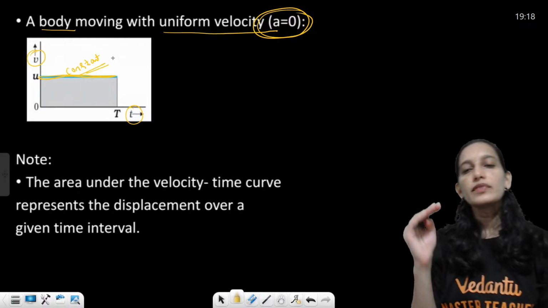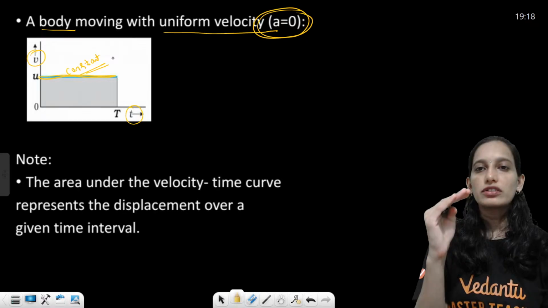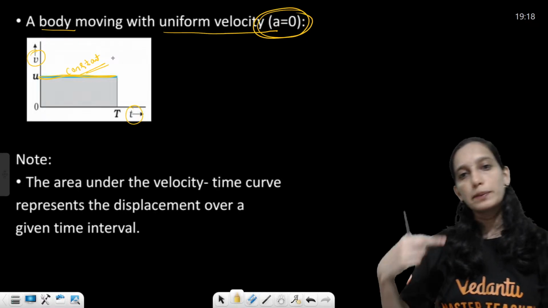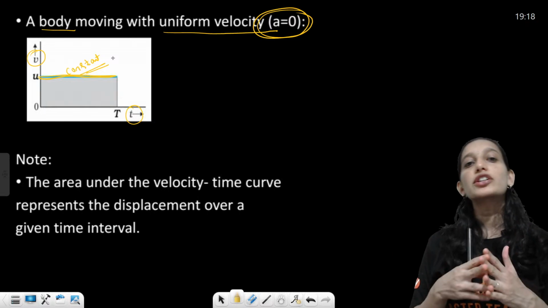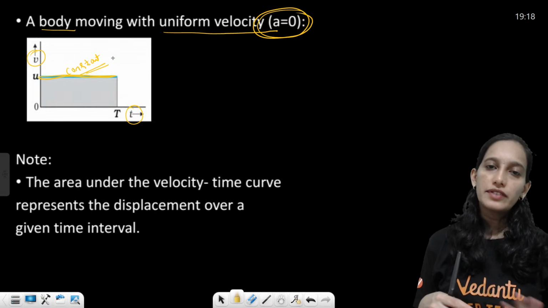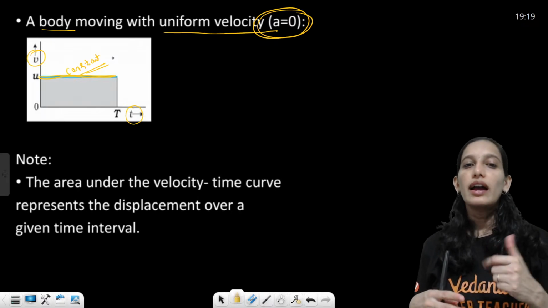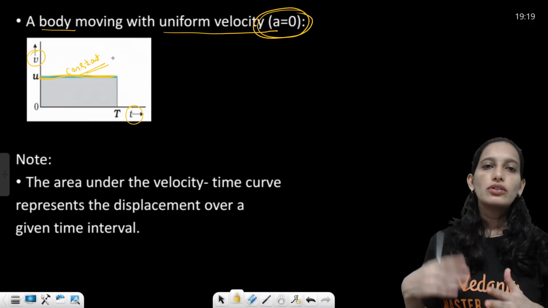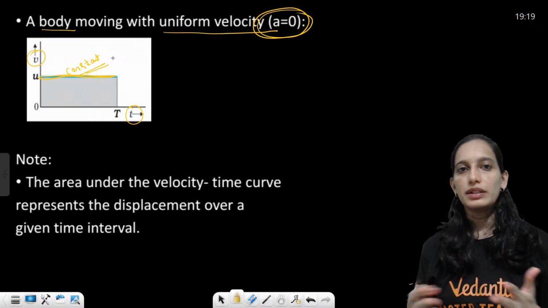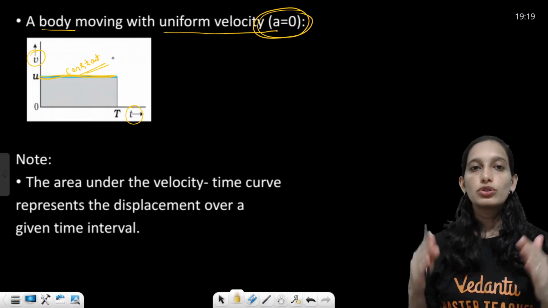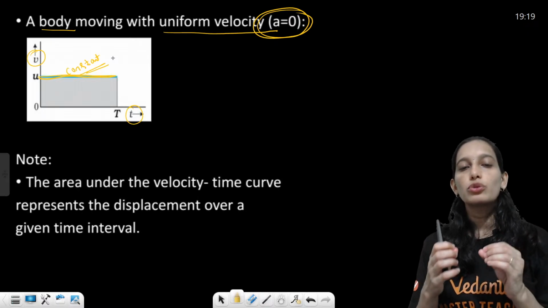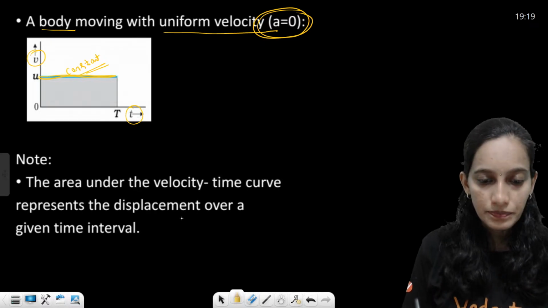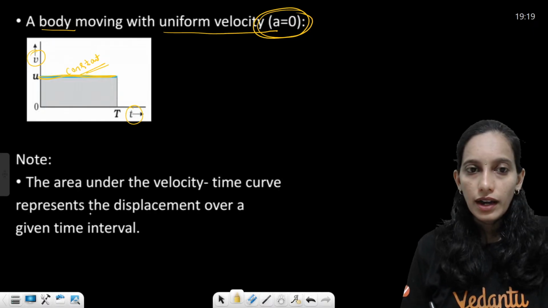Understood? Acceleration 0 means velocity constant. Only if there is acceleration will the speed increase, and if there is negative acceleration the speed will decrease. So depending on that you have to plot the graph. Any graph can be asked in 2 marks. And these graphs are very important for your competitive exams as well. They can ask one question on a graph base. Any graph can be asked. So you should practice how to represent the given situation graphically. Is that clear? I hope it is clear.